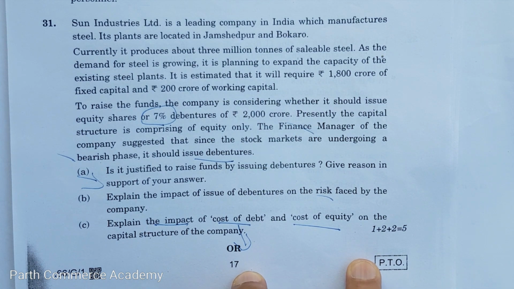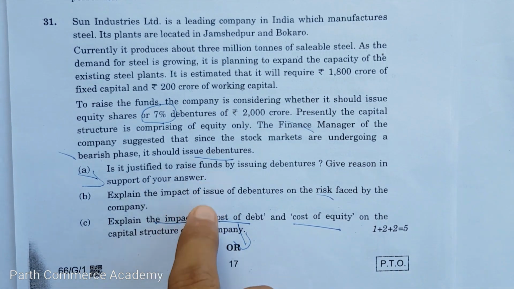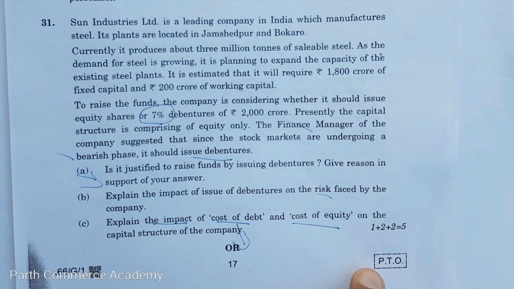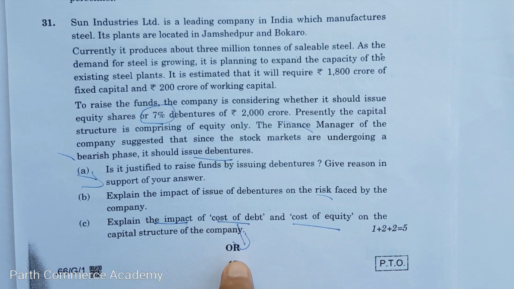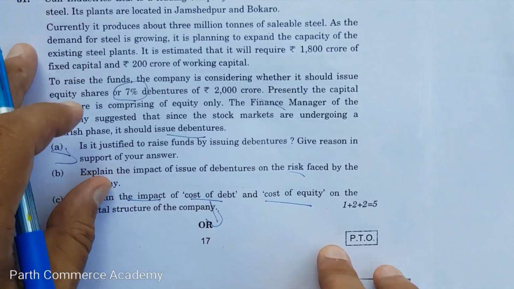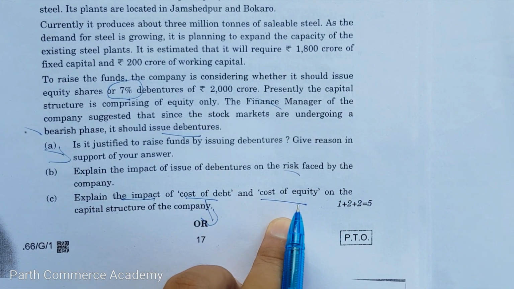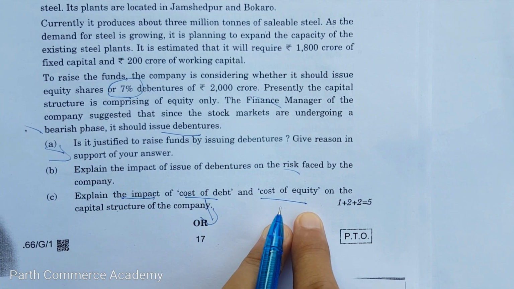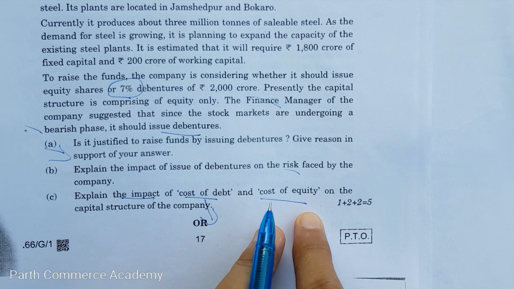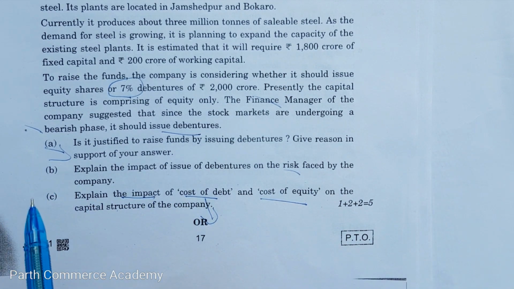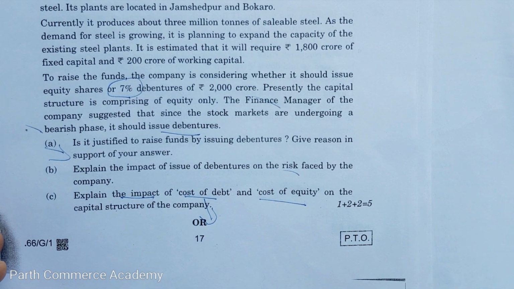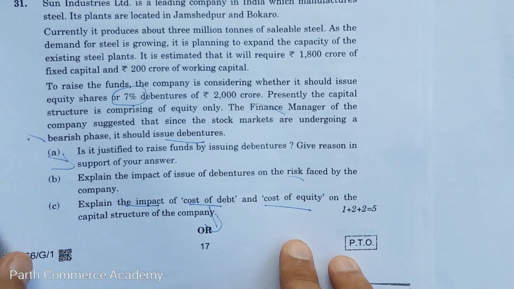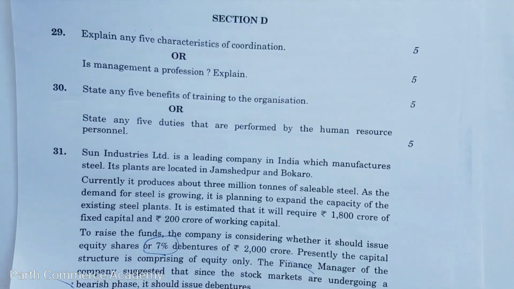Next is cost of equity. When you are saying cost of equity, obviously they will expect more returns on it. Here in cost of debt, interest rate is there. In the case of cost of equity, it is the expectation of investors on return. So when you are issuing debentures, their risk will increase. So the expected rate of return by shareholders will also increase, because from now onwards their risk has increased. So risk and return go together. Risk has increased, so their return should also increase. All right. So this is section D.